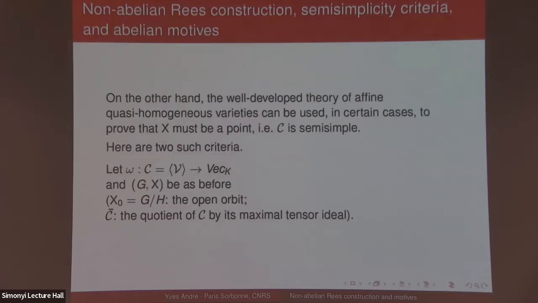So now let me turn to this question: a new case where the obstruction is trivial, where the standard conjecture D holds. We will take advantage of the fact that the theory of quasi-homogeneous varieties, especially in the affine case, is very well developed, in fact. And there are some criteria